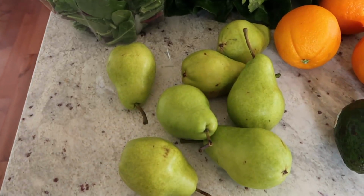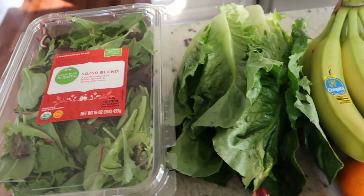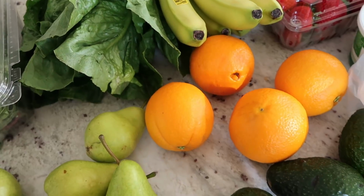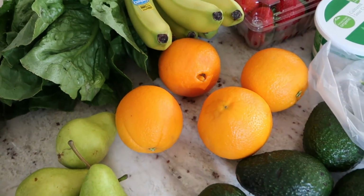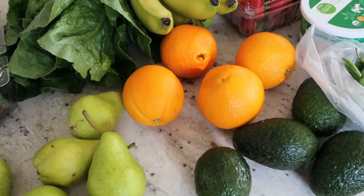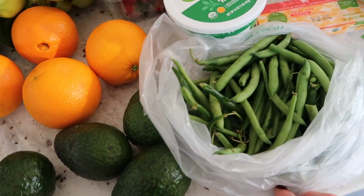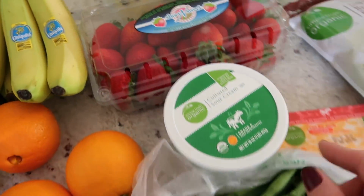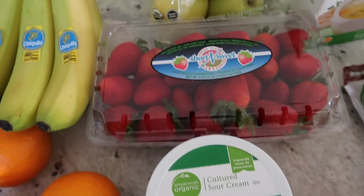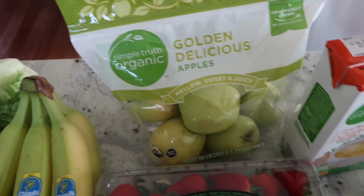Okay, so I have some pears, the 50/50 organic blend, some romaine lettuce, bananas, oranges. I only got 4 just because I wasn't sure if they were going to be good. Orange season is a little later than this, but they do look pretty good, so hopefully they will be. I got 4 avocados. I still have some from last week. I got some fresh green beans, some sour cream, Colby Jack cheese, a 2-pound package of strawberries, golden delicious apples,